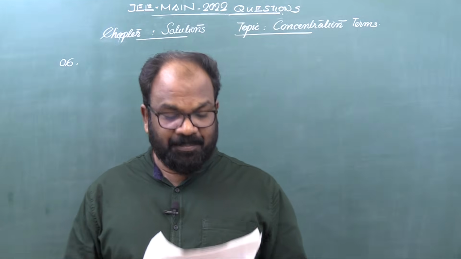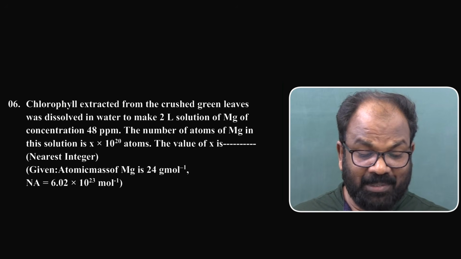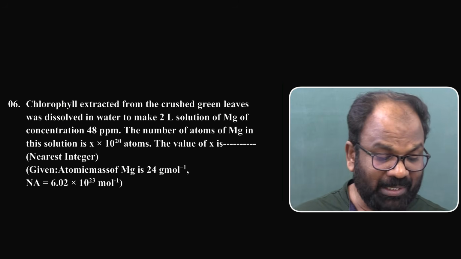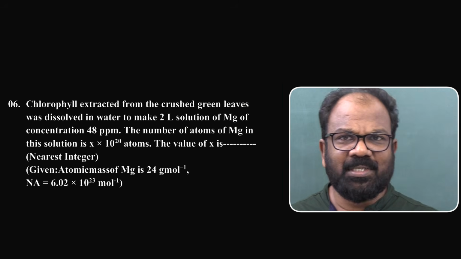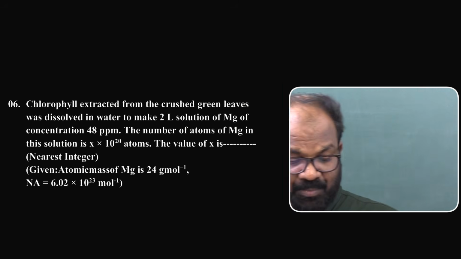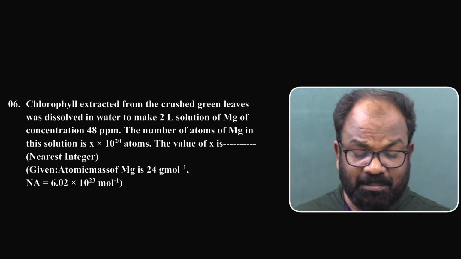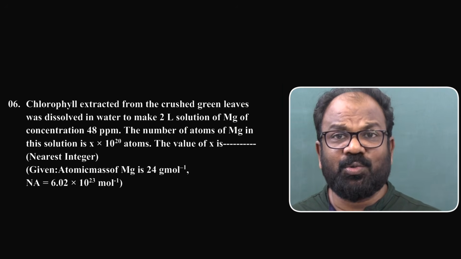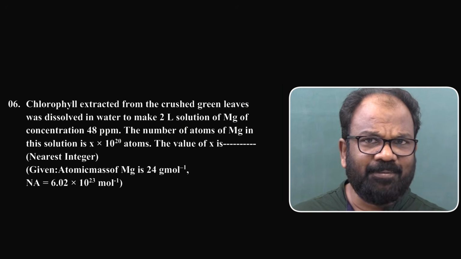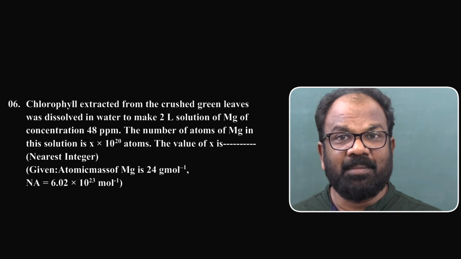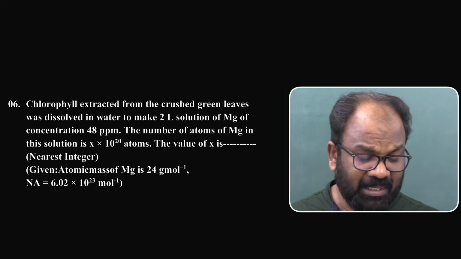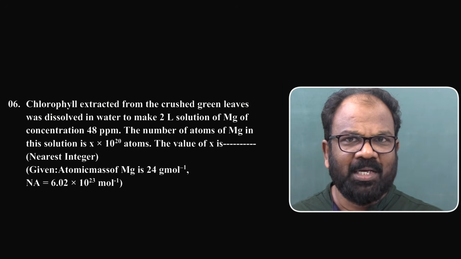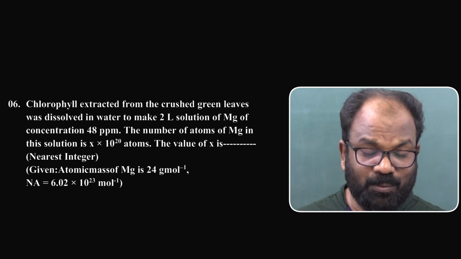Next question number 6. Chlorophyll extracted from the crushed green leaves was dissolved in water to make a 2 liter solution of magnesium of concentration 48 ppm, parts per million. The number of atoms of magnesium in the solution is x into 10 raised to 20 atoms. The value of x is dash in bracket nearest integer. Given atomic mass of magnesium is 24 gram per mole, Avogadro's number is equal to 6.02 into 10 raised to